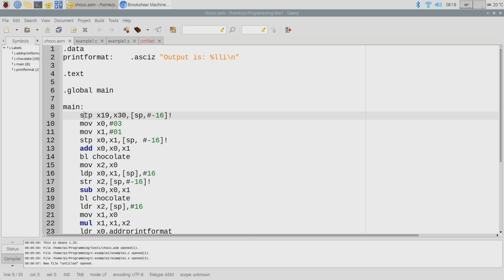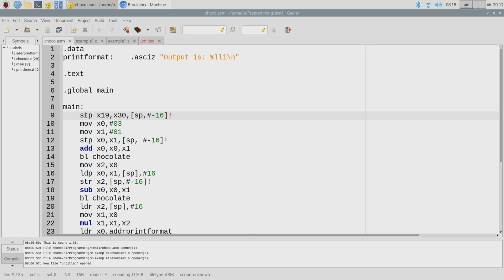Well, add and sub and mul are instructions, or the mnemonics for instructions, in the Intel architectures also, and STP and some stuff like that are not. It's called something different. And so this thing is doing syntax highlighting for the wrong kind of assembly.